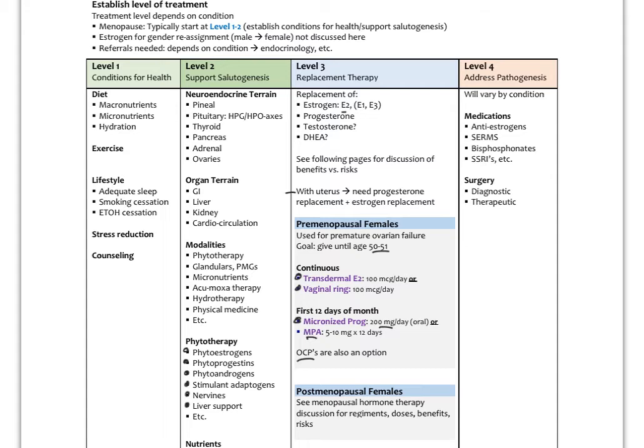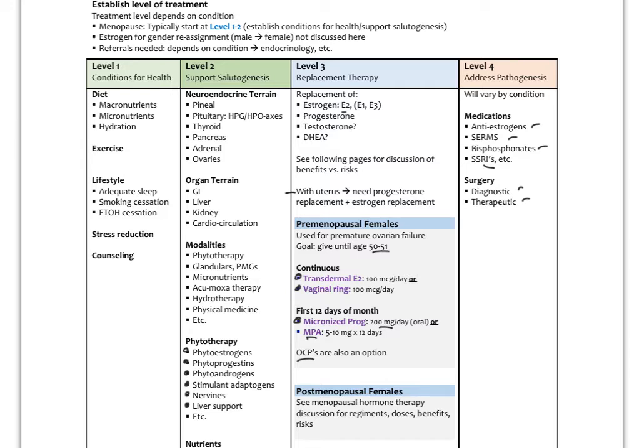Level 4 is going to vary by condition, but common medications that might be given would be antiestrogens for some conditions, selective estrogen receptor modulators, SERMs, bisphosphonates for osteoporosis, osteopenia due to low estrogen, and SSRIs, SNRIs are commonly given, like for menopausal hot flashes or in PMS, things like that. And then there are different surgical techniques, either diagnostic or therapeutic. So that's just a generic summary of all the different kinds of modalities that are commonly used in the treatment